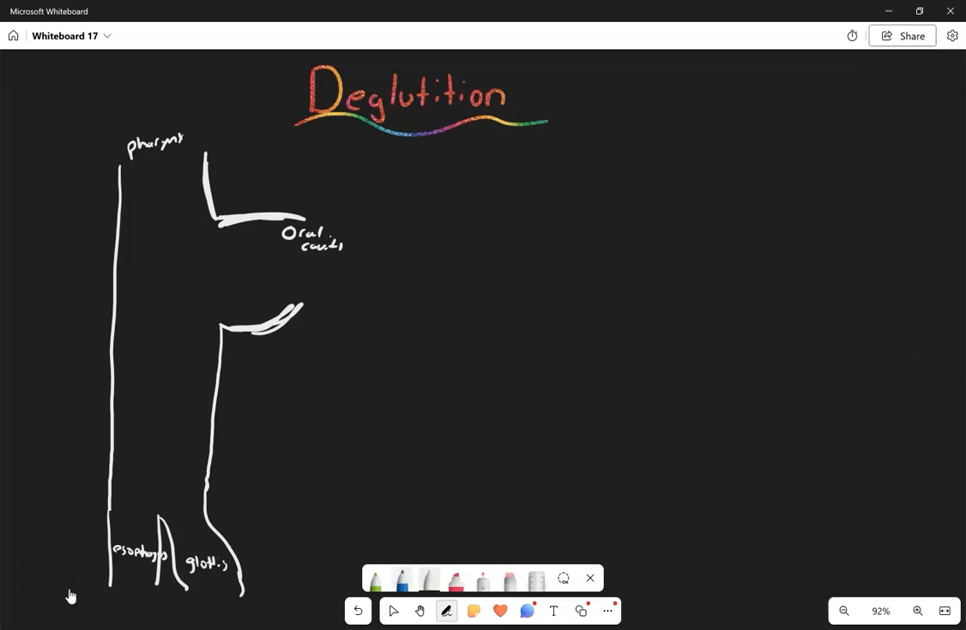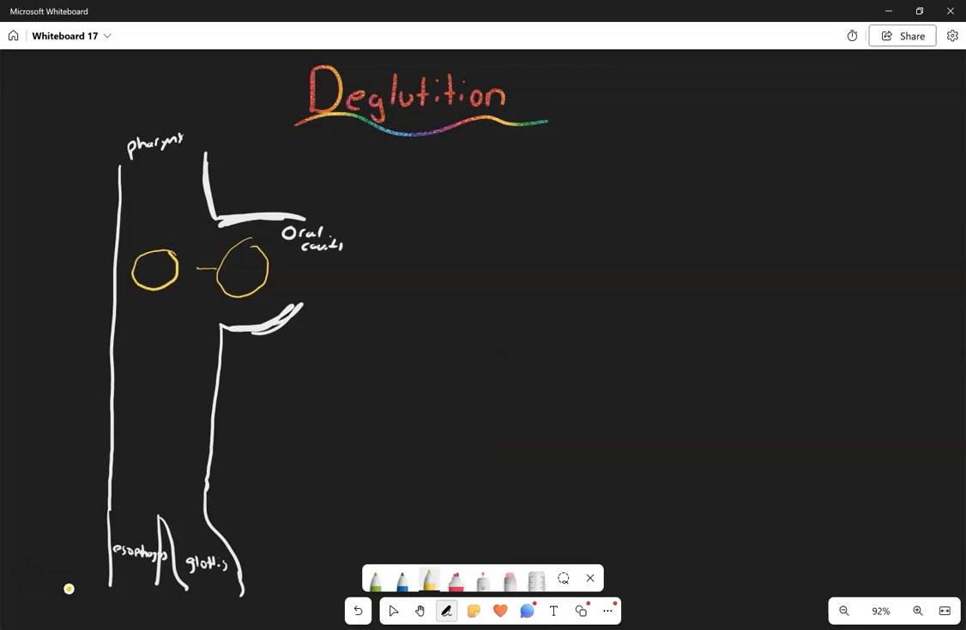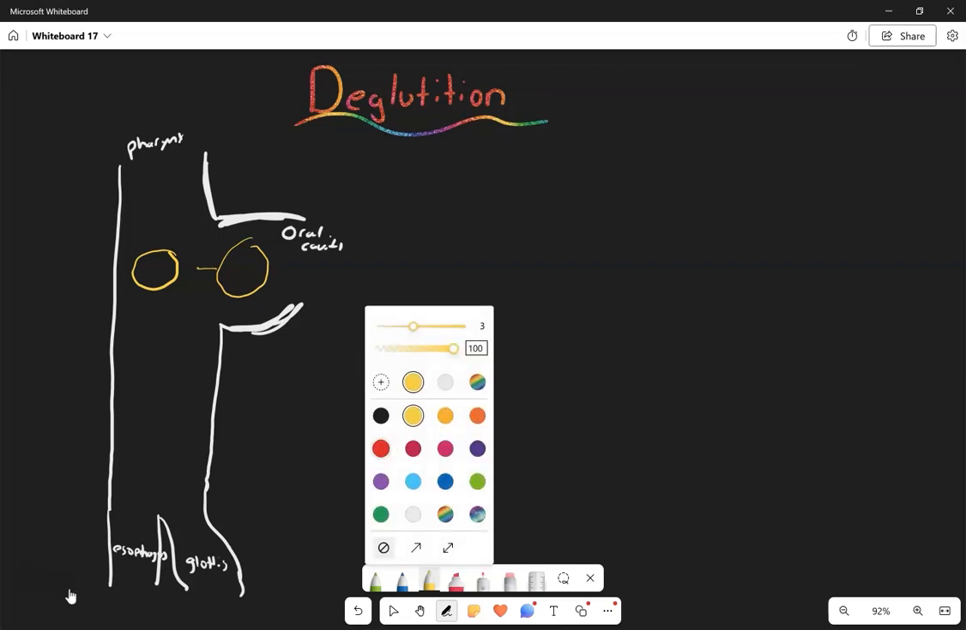Right? Now, when you have a bolus of food inside of the oral cavity, you're going to push that back, right, into the oropharynx. You're going to elevate your tongue and push it back into the oropharynx. When you do so, the soft palate is pushed upwards like this, and that soft palate blocks the nasopharynx so that food can't move from the oropharynx to the nasopharynx. Now, as it moves down